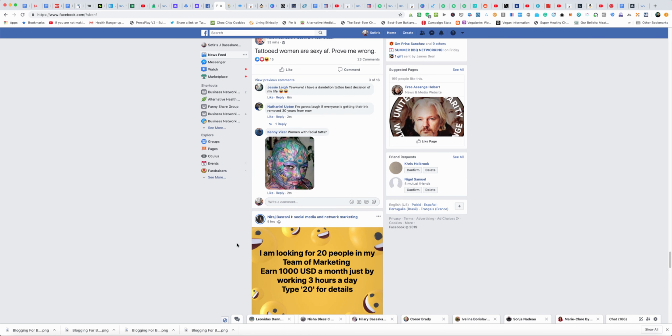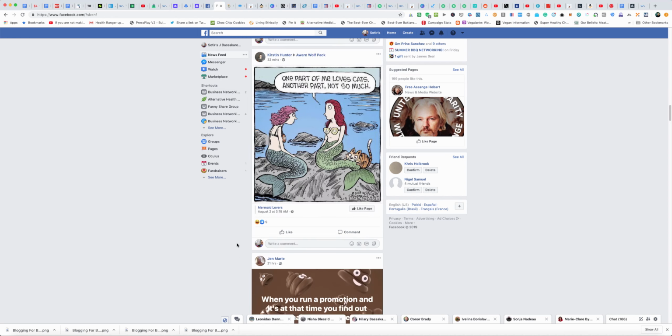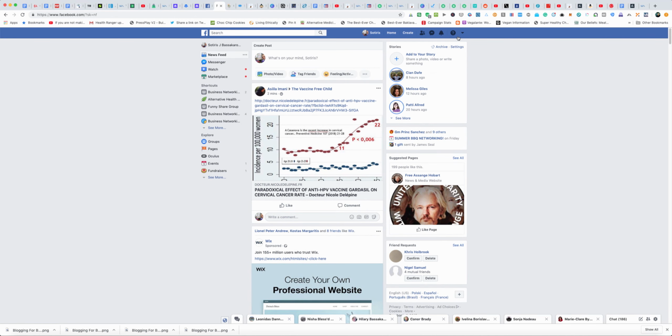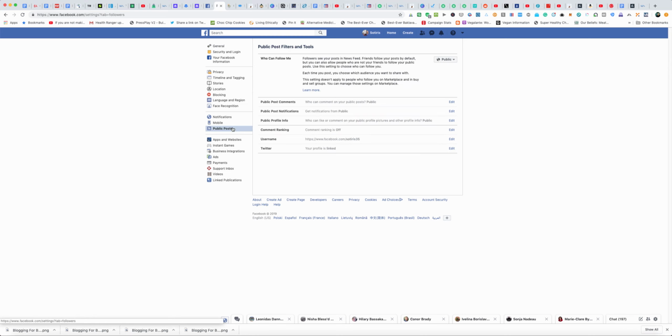Okay, so all you actually do is go up to the top right. So when you're in Facebook, just go to facebook.com, and up in the top right you'll see the wee arrow. You click on that, you click on settings, and then when you click on settings, you go to public posts down on the left. You click public posts, and you'll see a thing there called comment ranking,